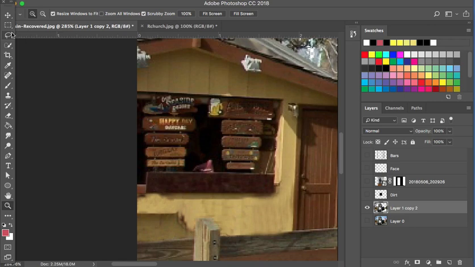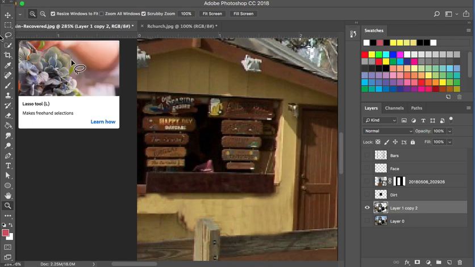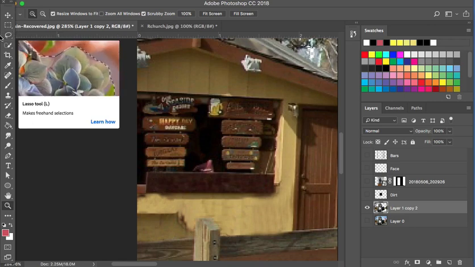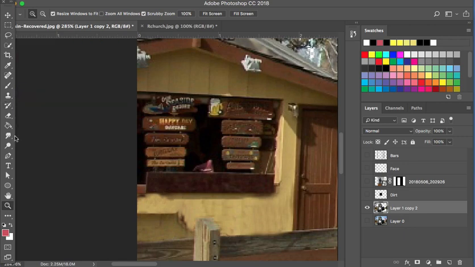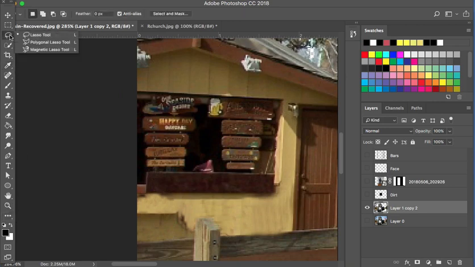Alright. I'm trying to decide which is the best way of doing it. Hide clone stamp tool, or I just fill it in with a darker color. Let's get a darker color. Then let's get the eyedropper tool. And with the eyedropper tool, we're going to select this background color, and it's going to create that in the fill. I am then going to go ahead and with the lasso tool,